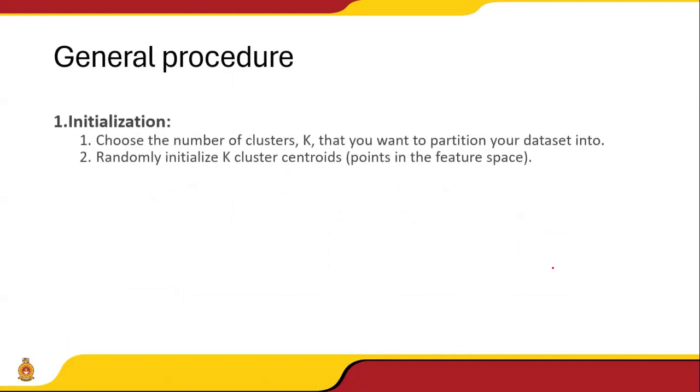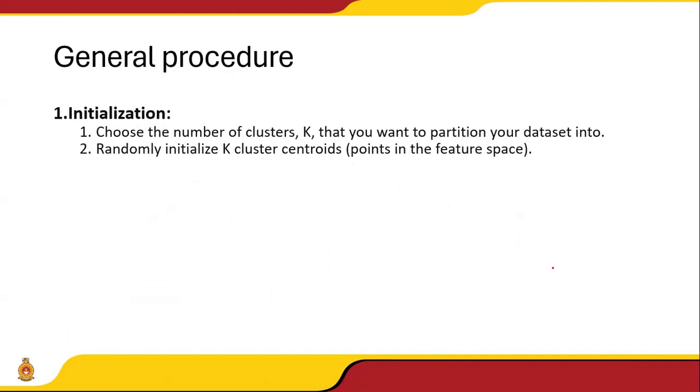What is the general procedure, or the equation, or the action that happens behind the scene? It could be nice if you have some math background. If not, that's fine. You can understand easily. I'll explain in very simple terms what we are going to do here. Initially, we choose the number of clusters, that means K, that you want the data set to be partitioned into. Initially, we have k equals 1, k equals 2, k equals 3, and so on and so forth. If k is equal to 1,